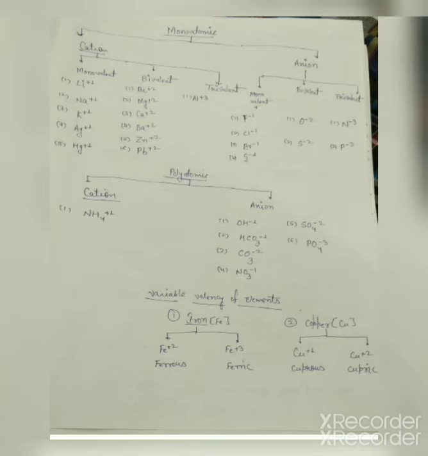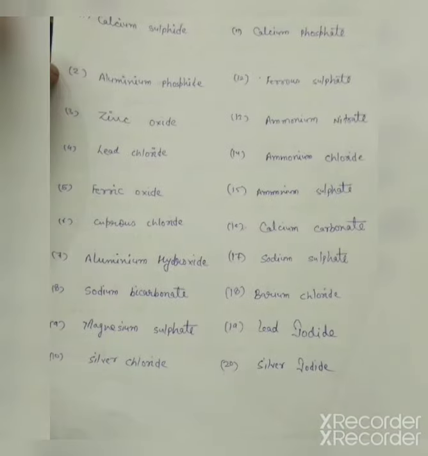Now it's homework time. Your homework is the 20 compounds which are written on the screen. You have to make the chemical formulas. First one is calcium sulfide. Second, aluminium phosphide. Third, zinc oxide, lead chloride, lead taken as valency 2, ferric oxide, remember ferric, cuprous, remember, aluminium